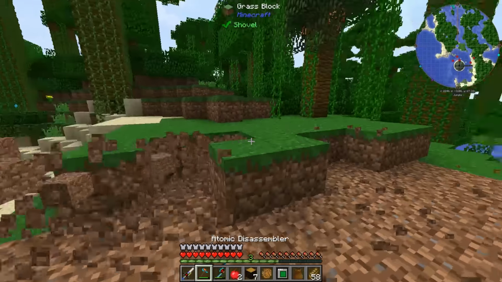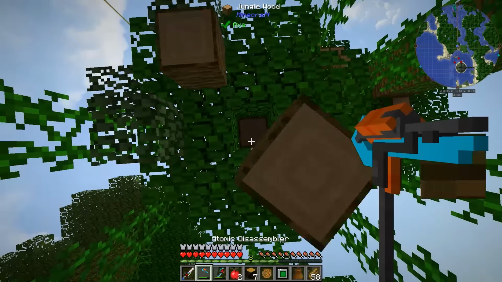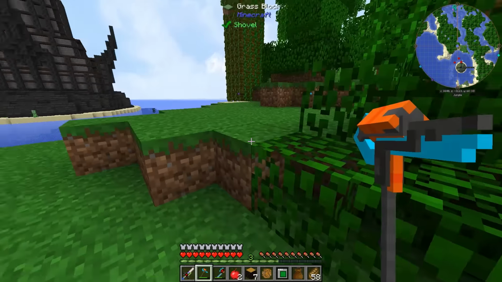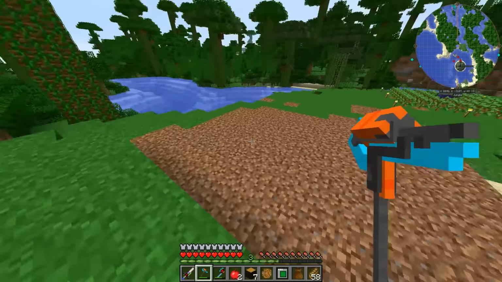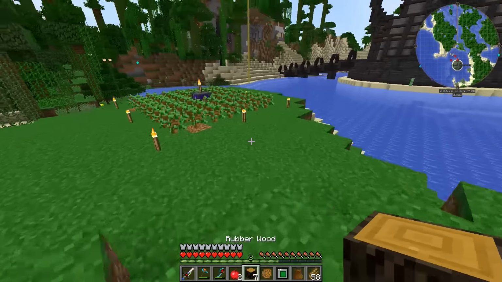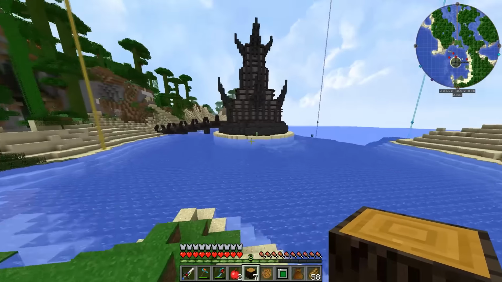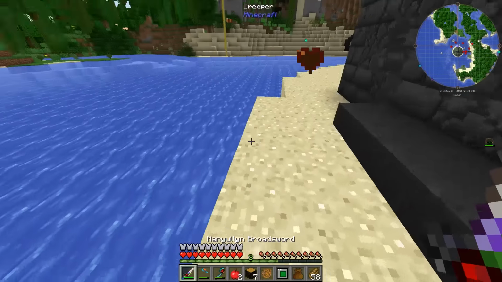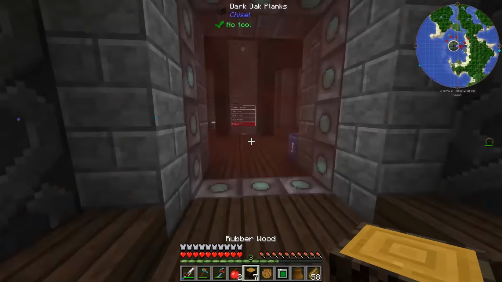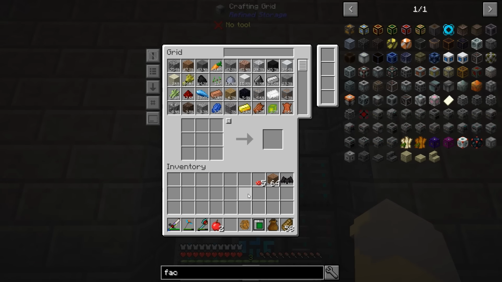And we need to be careful about the way that we do this, because we're going to be using a mod called Cyclic for this tree farm, which is a mod that we haven't really used a whole lot. Now, as far as I can tell, the reason that this doesn't work for rubber wood is that the farming station doesn't recognize the rubber wood as wood. Like, it doesn't recognize it as a harvestable material. So what we need to do is come up with a way for...